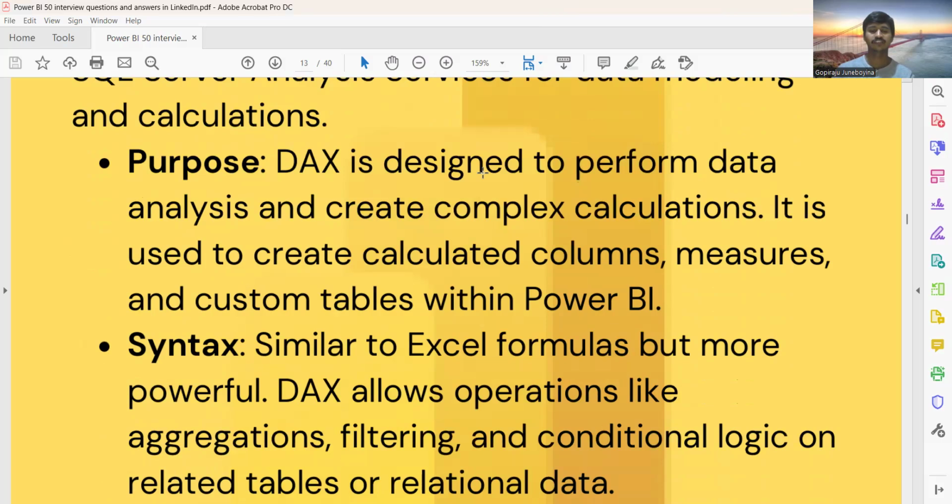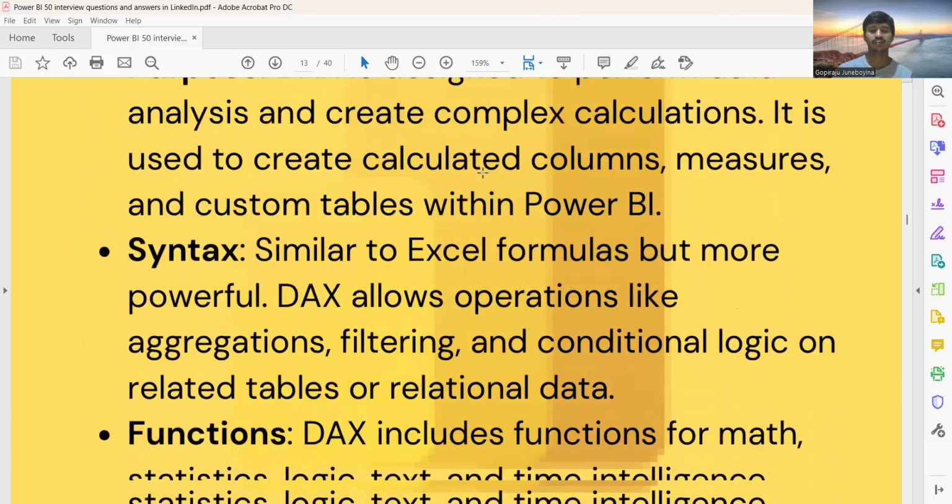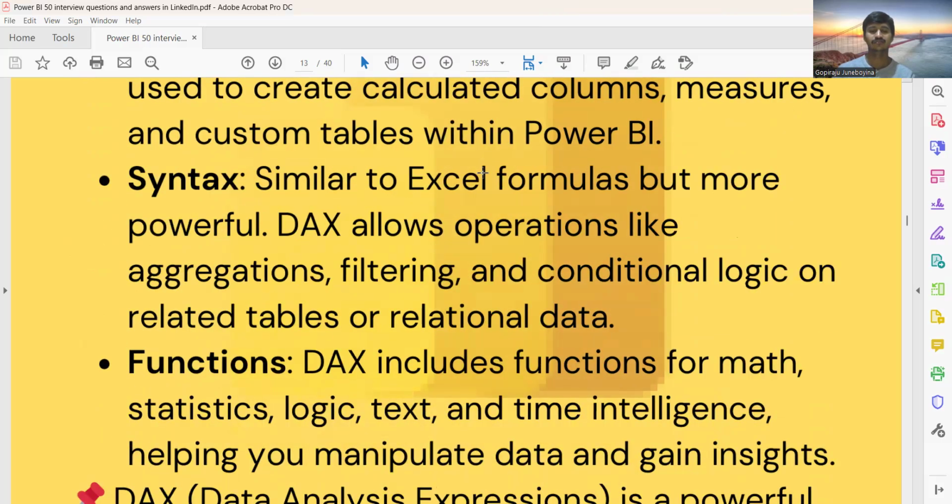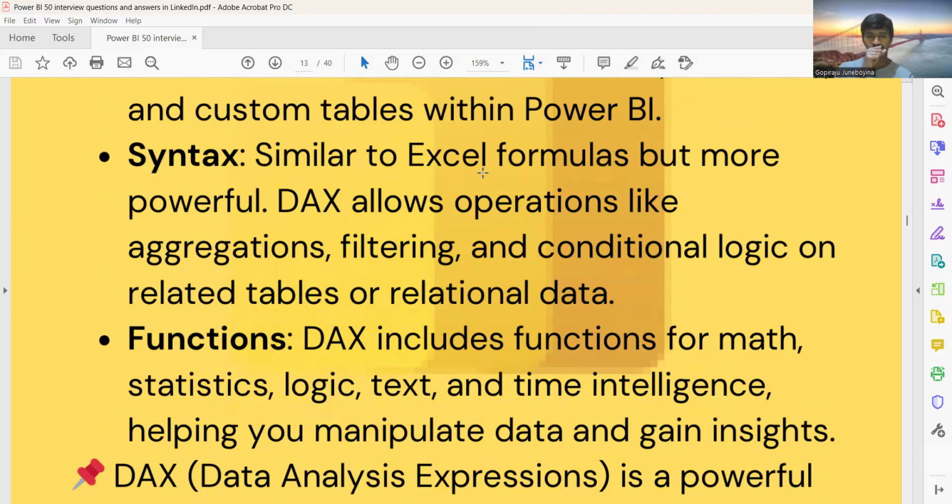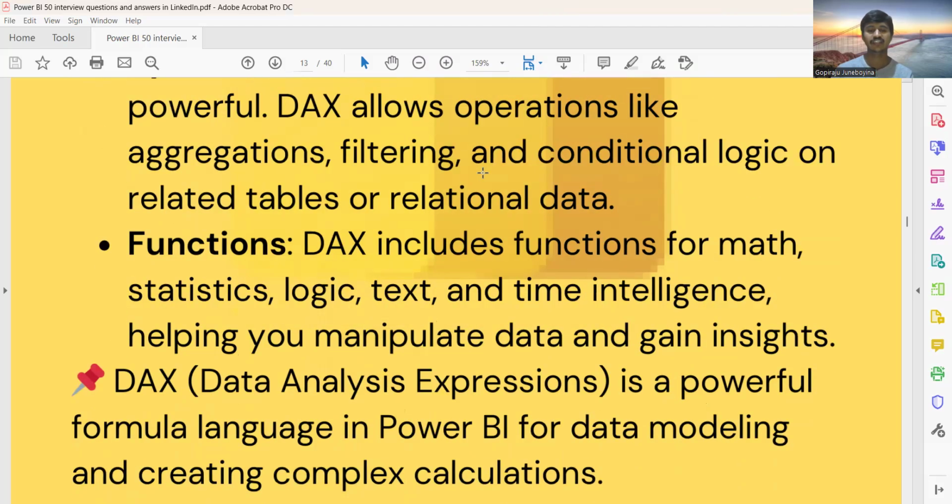DAX allows operations like aggregations, filtering, and conditional logic on related data. Functions: DAX includes functions for math, statistics, logic, text, and time intelligence, helping you manipulate data and gain insight.